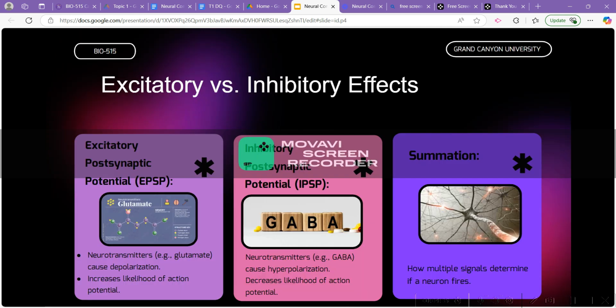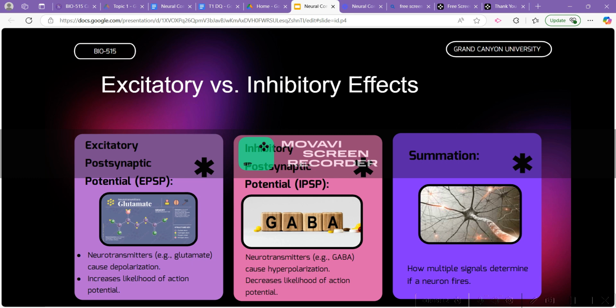Neural communication at the synapse can result in either an excitatory postsynaptic potential, EPSP, or an inhibitory postsynaptic potential, IPSP, depending on the type of neurotransmitter released. In an EPSP, neurotransmitters such as glutamate bind to receptors on the postsynaptic neuron, causing depolarization by allowing positively charged ions like sodium to enter the cell. This makes the membrane potential more positive and increases the likelihood of an action potential firing,